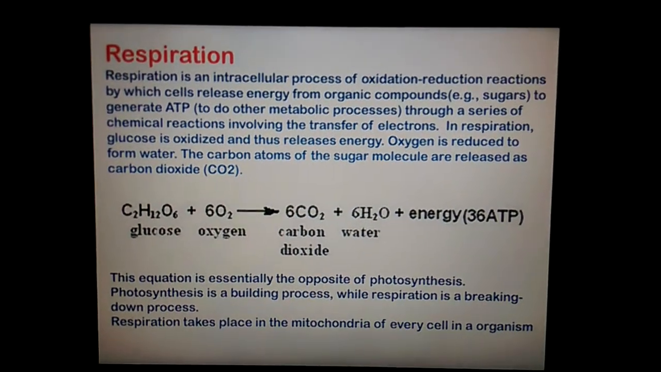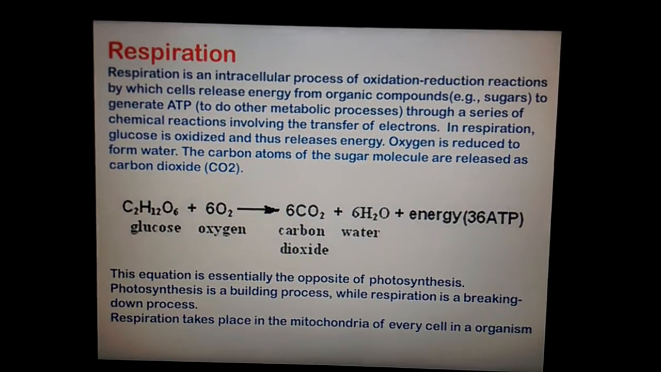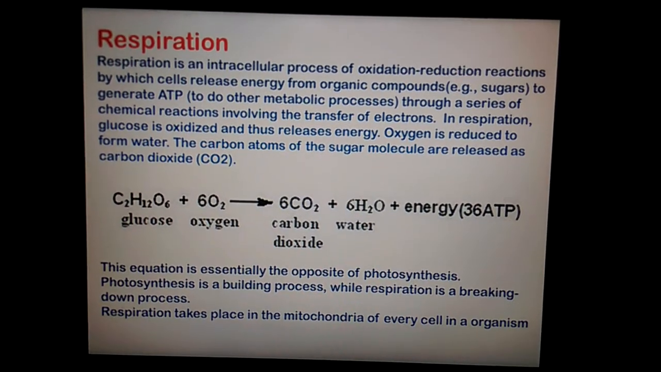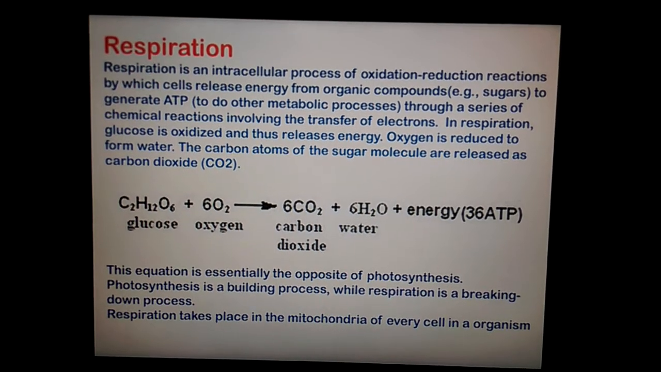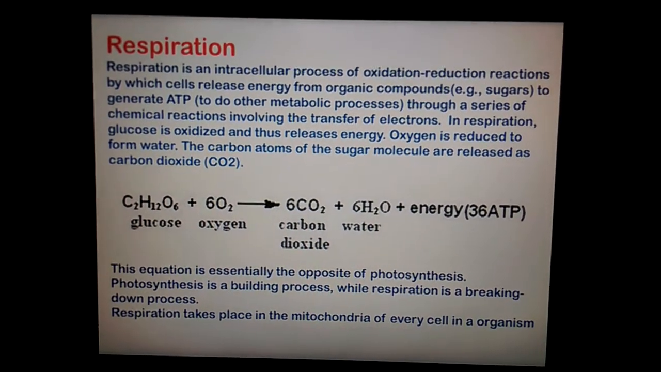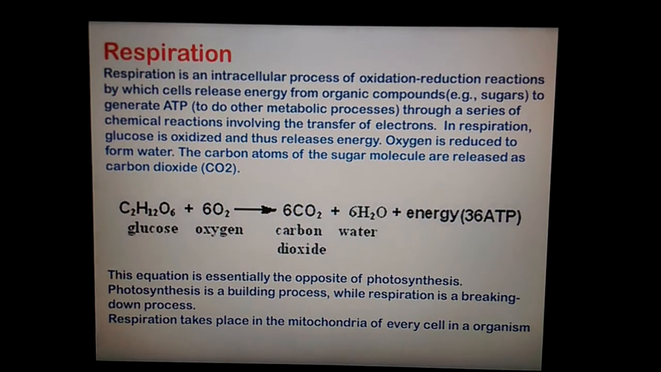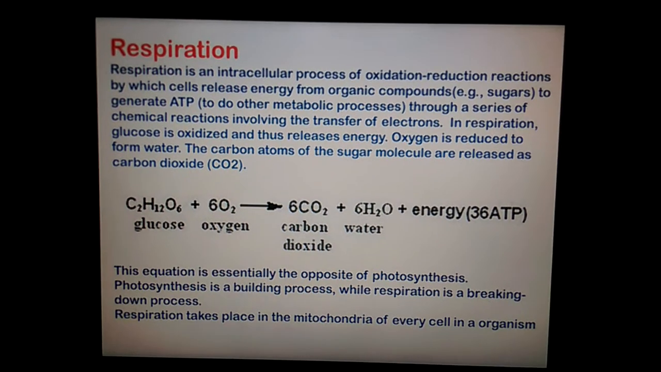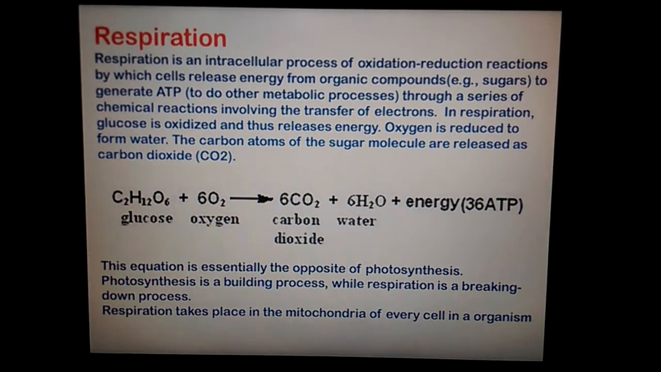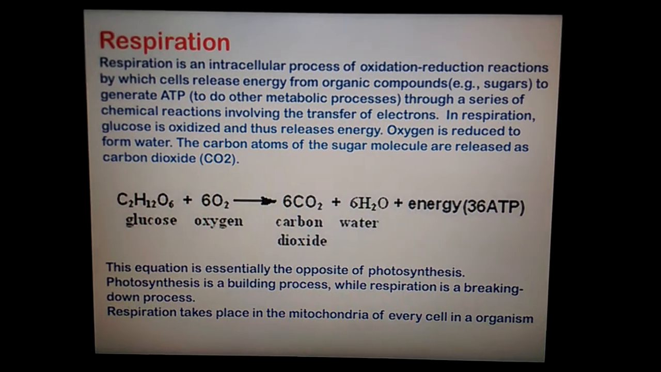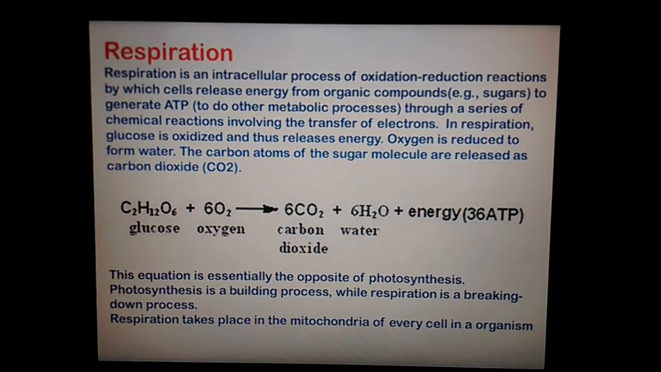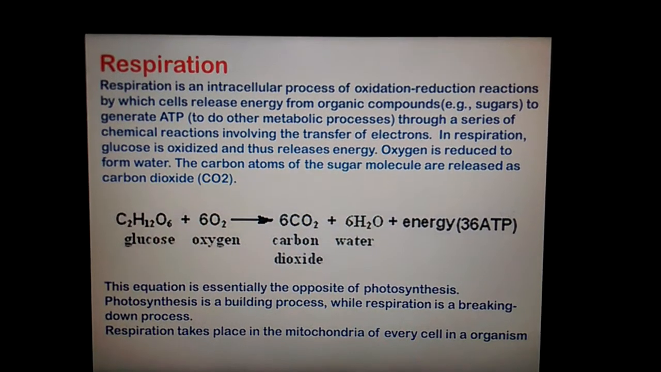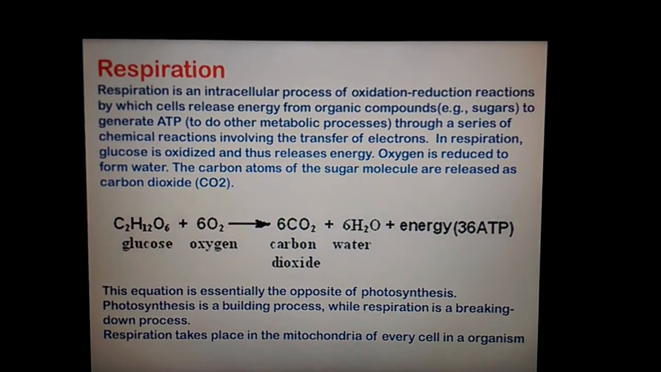First of all, we should know what respiration is. Respiration is an intracellular process of oxidation reduction reaction by which cells release energy from organic compounds, that is actually sugars or carbohydrates, to generate ATP to do other metabolic processes. ATP means adenosine triphosphate, as we know. Cells generate ATP through a series of chemical reactions involving the transfer